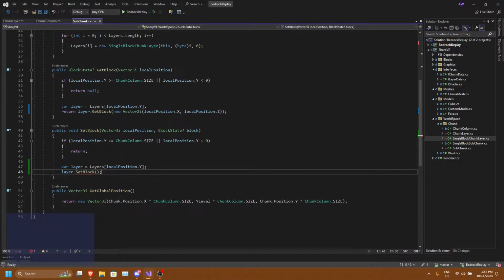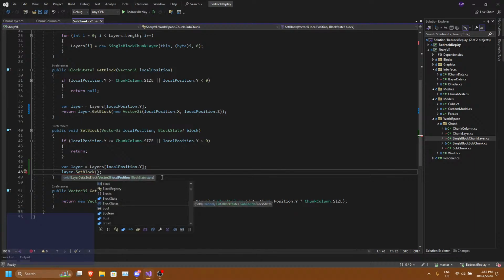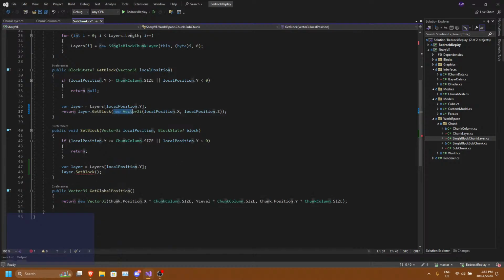So for a subchunk, we just do a layer.SetBlock. And then how did we do this? Oh, we just did that. Block. Wait, why is that nullable? That shouldn't be nullable.